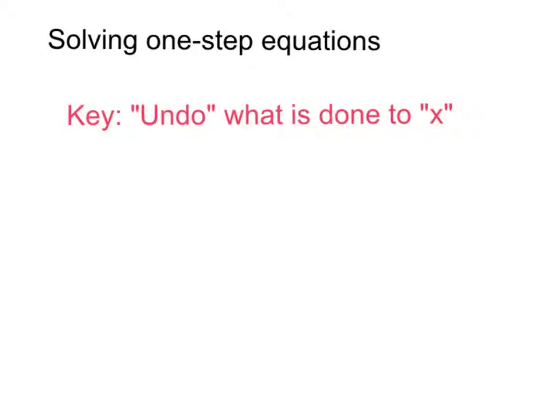In this video, we're going to take a look at how to solve one-step equations. The key is to undo whatever is being done to x. If, for example, I have x minus 4.3 equaling negative 6.1,